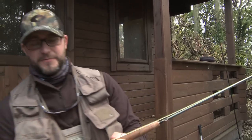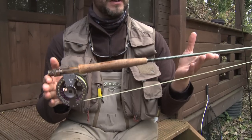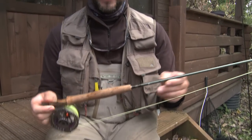So we've just taken 5 minutes out and I'll show you exactly what I'm using. This is the duo rod that I'm using. It's a Hardy, it's an 8'6" 4-weight floating line. I tend to use a slightly heavier rod to get the turnover when I'm using heavy nymphs. I've got